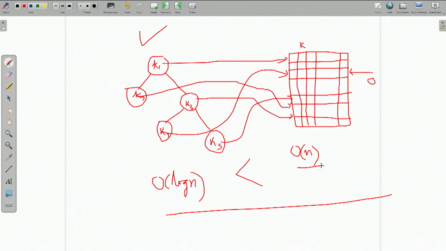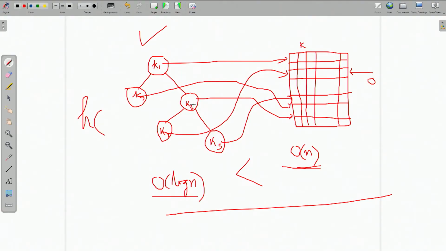Now, here you can see we have followed a certain concept of indexing, or a mapping. But there is another mapping which is far better than both order of log n and order of n. What is the mapping? There is a function, let this function be h, called the hash function.